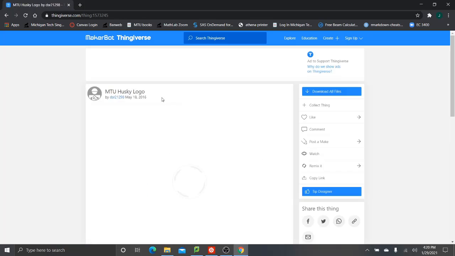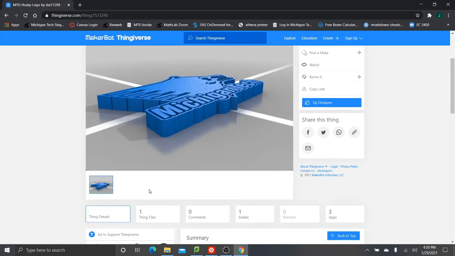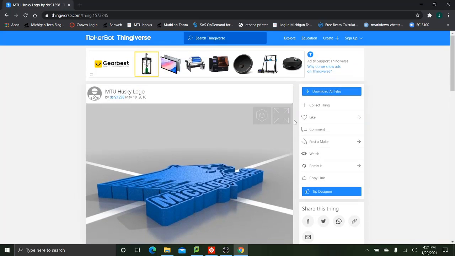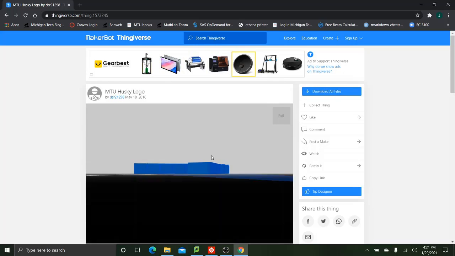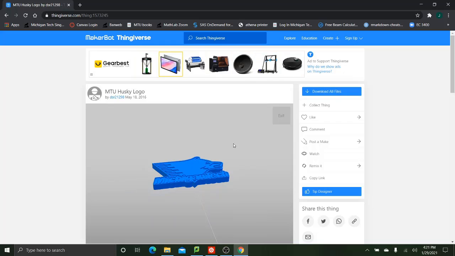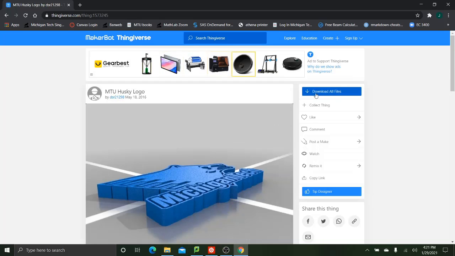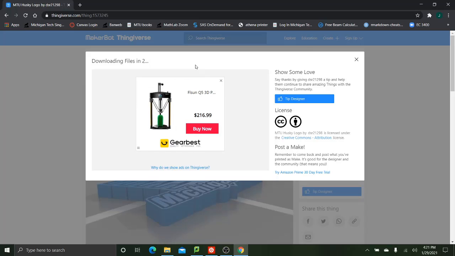So whenever you find what you're looking for, you can click on it. And if they have multiple views, such as if they've actually printed it in real life and they're providing a real life photo, they can also include those. You might even get other views. This can be opened into a 3D space, that way you can rotate it around and take a look at it. And if it is what you want, then you can click download all files, where it's going to download it